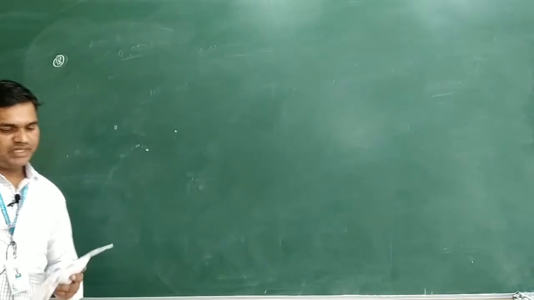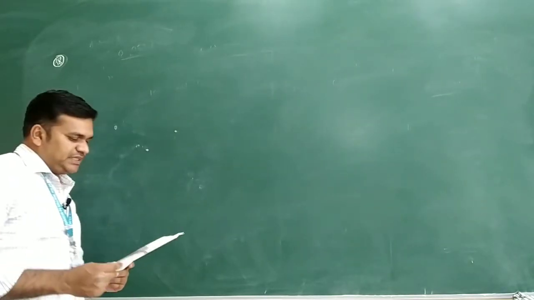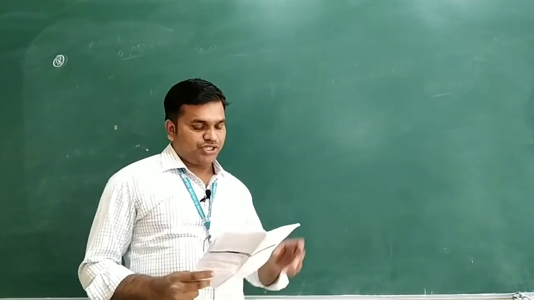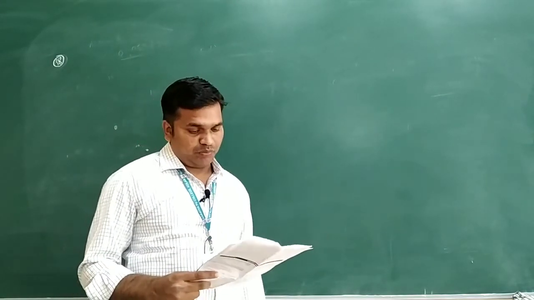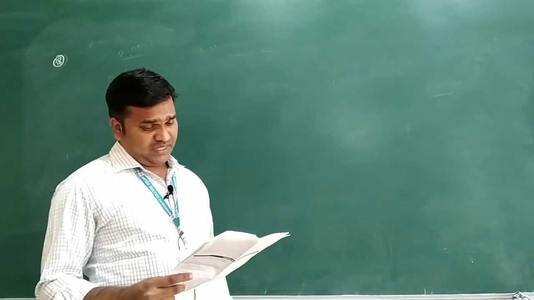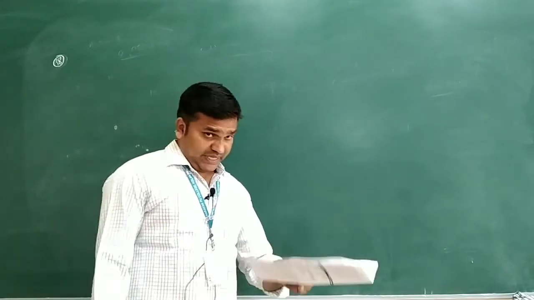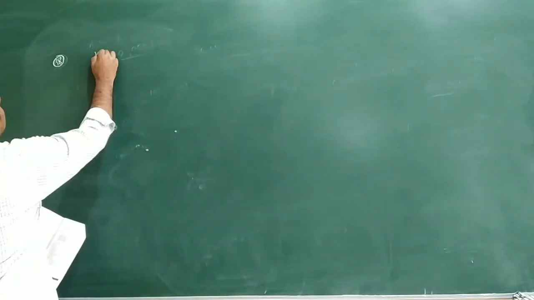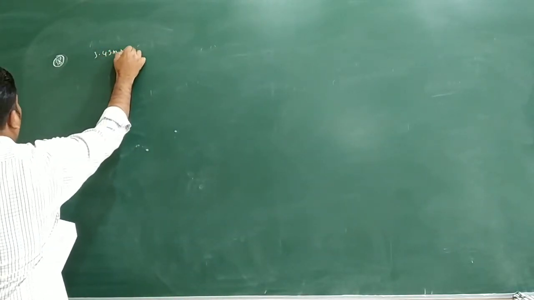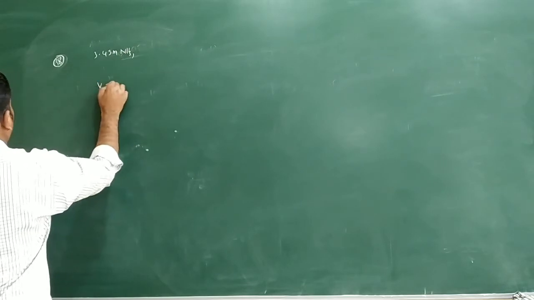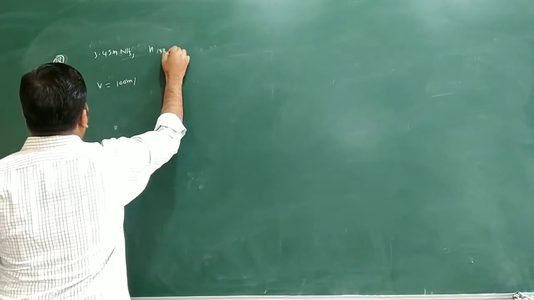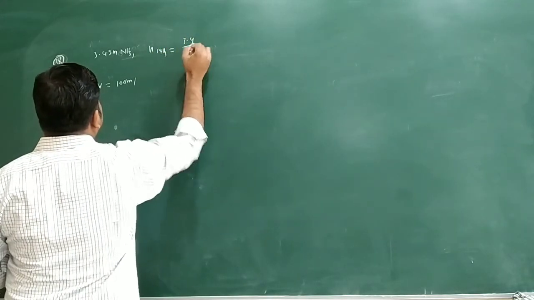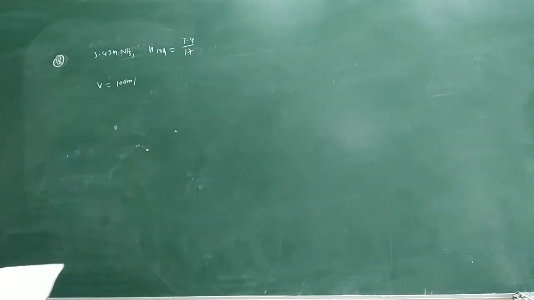The next question, question number 38. 3.4 grams of NH3 is present in 100 ml of the solution. It dissociates in the presence of molybdenum and the rate constant of the reaction is 10 power minus 2 mole per liter second. Then calculate T20% of the reaction. Given 3.4 grams of NH3 and the volume is 100 ml. I will find the number of moles of NH3, equal to 3.4 by 17, because the molecular mass of ammonia is 17.